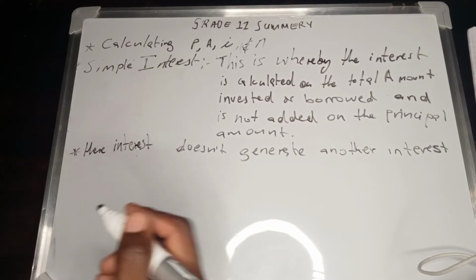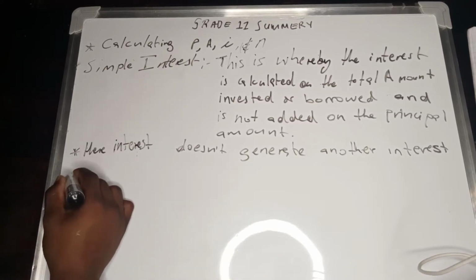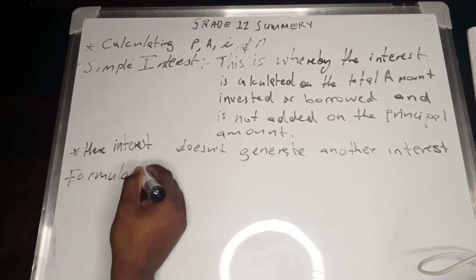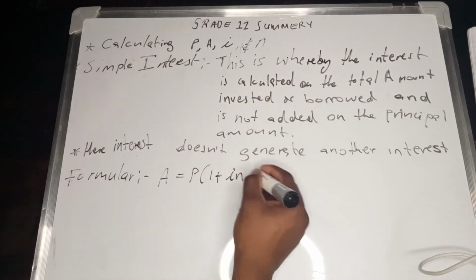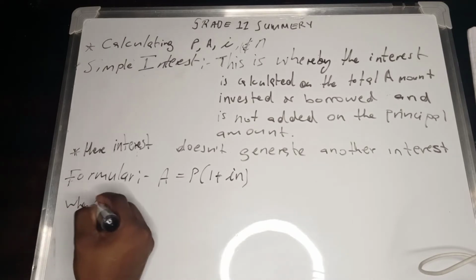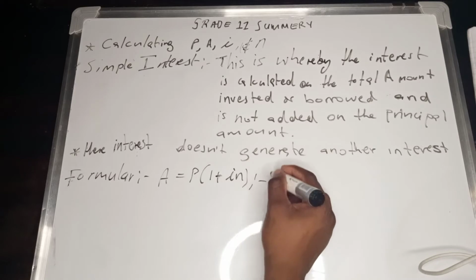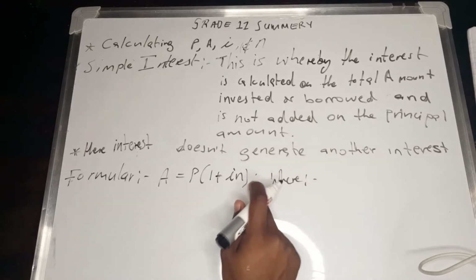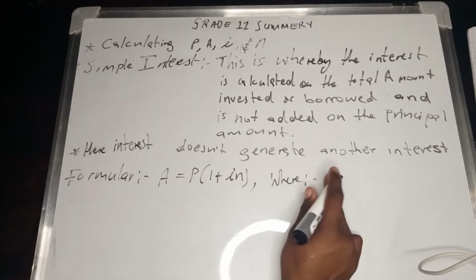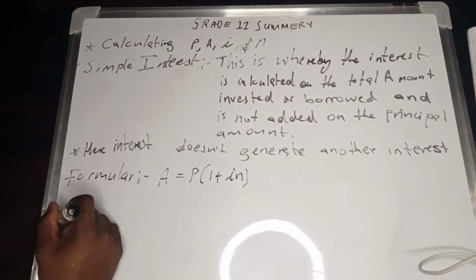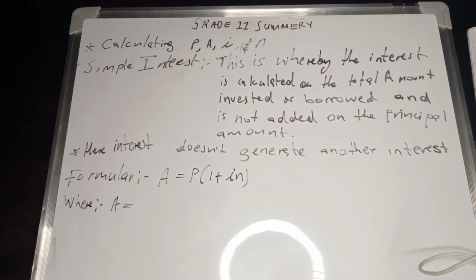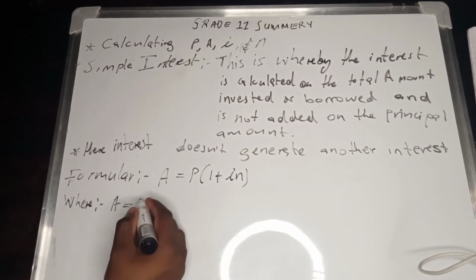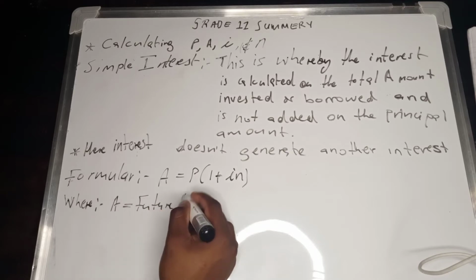So the simple interest is given by the formula A equals P(1 + I × N), where A is the future amount, or accumulated amount, or the final amount,